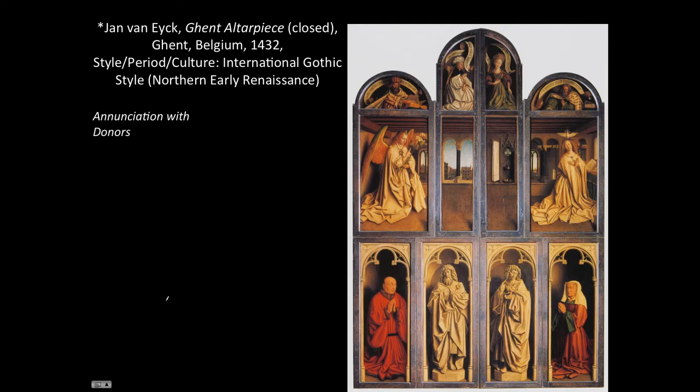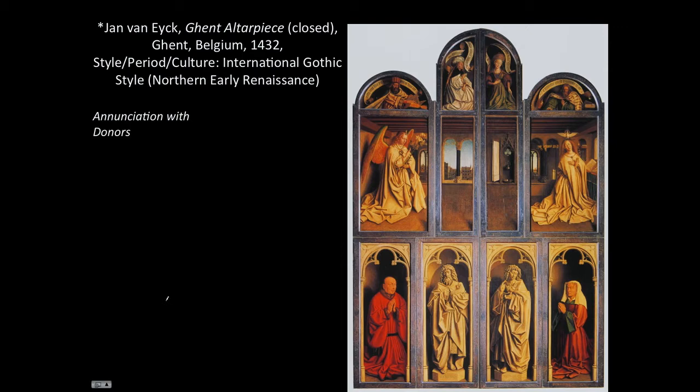Burgundy region. You'll notice something interesting about this starred slide, that I have two styles, periods, and cultures listed. This is kind of a difficult slide for me. I really couldn't decide what to list. Your textbook lists this as a continuation of the International Gothic style. And yes, I certainly understand why they did that, to a certain extent. However, most other textbooks and most art historians call Jan van Eyck the father of the Northern Early Renaissance, and hopefully you'll see why when we look at more details of this